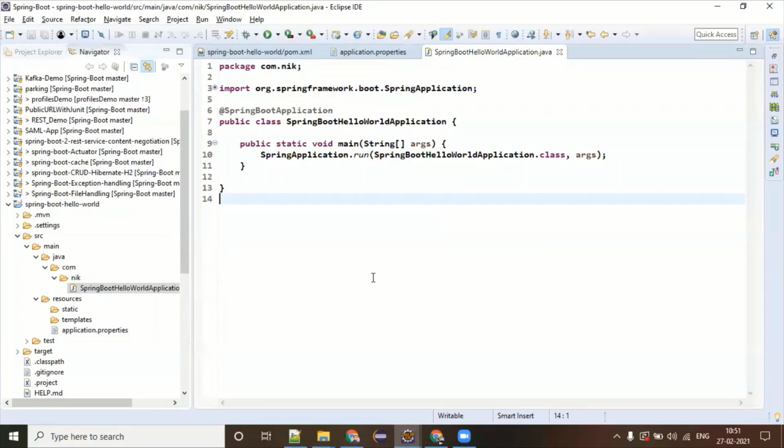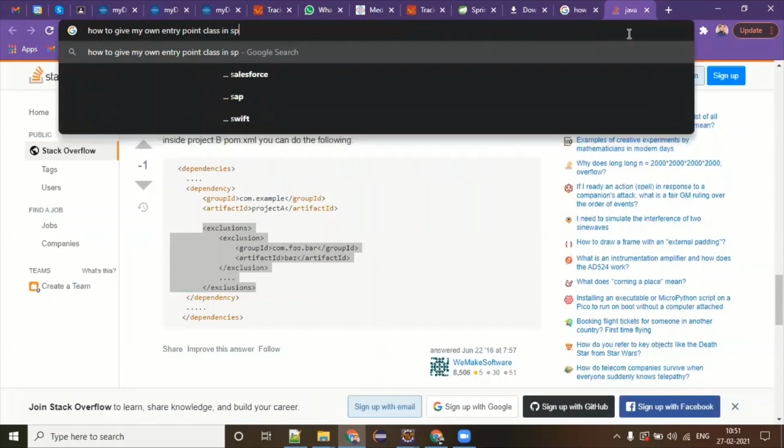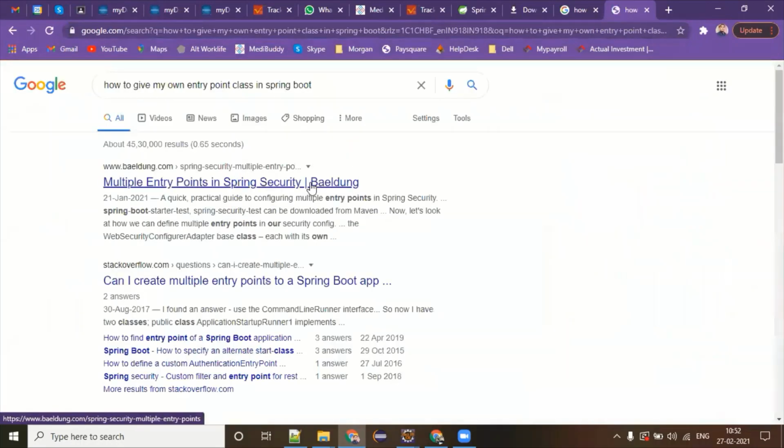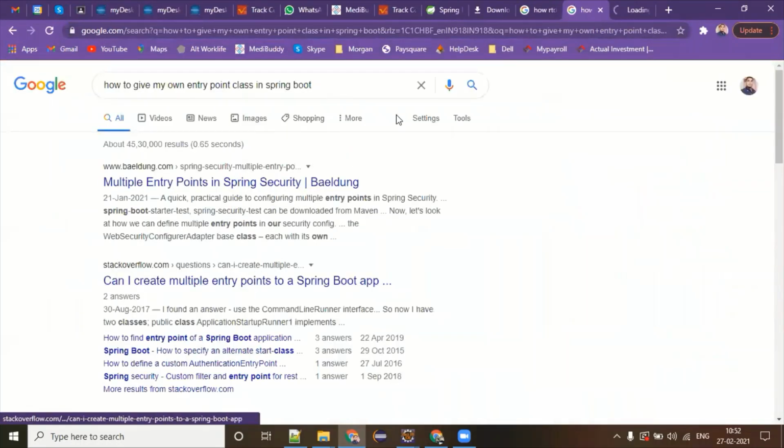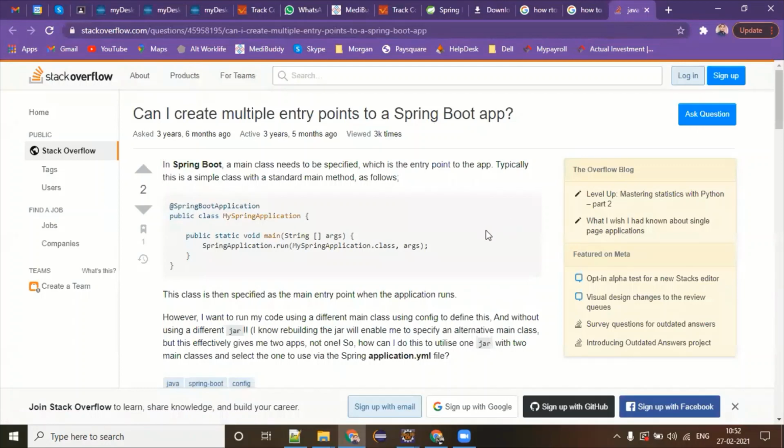You will be able to see one of the annotations used, the entry point class in Spring Boot. So you can create your own entry points from where you want your application to start up. But the default comes with your application name itself and holds the main method. So there is a lot of customization. And as I told you, a pretty important thing with the Spring framework is that it is highly configurable. They are not forcing you to do something one way. This is just their default one.